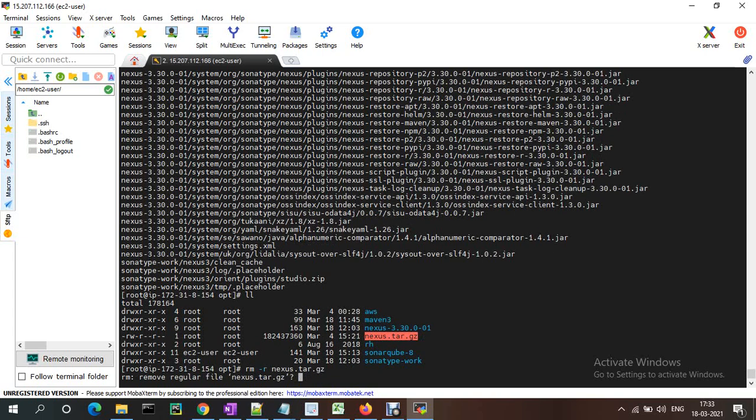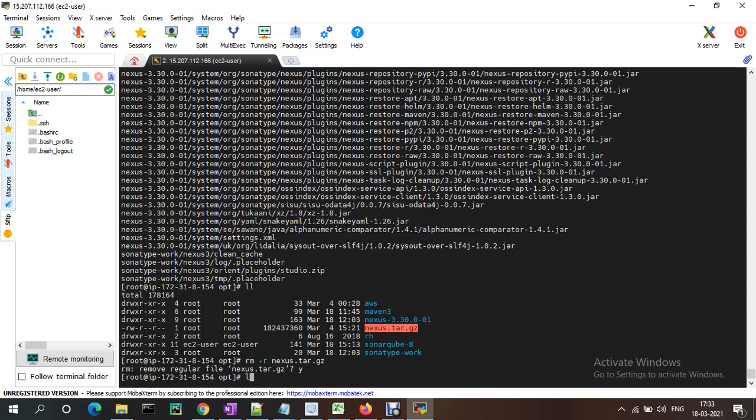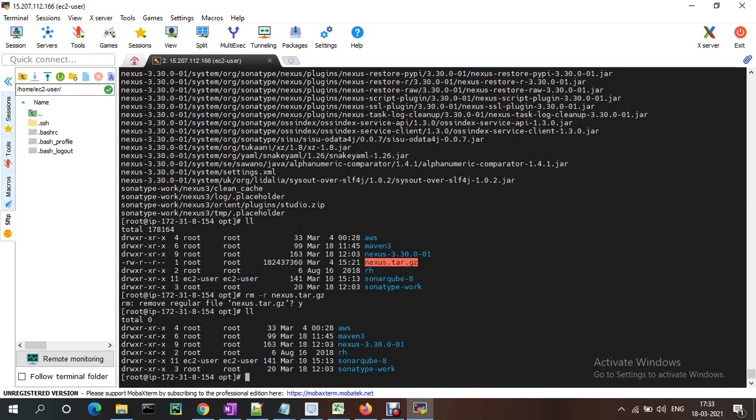Now I'm changing the ownership of this, because it is not recommended to run Nexus as the root user. For that I am using chown -R, where R is recursive, with ec2-user for Nexus 3 and sonatype-work as well.